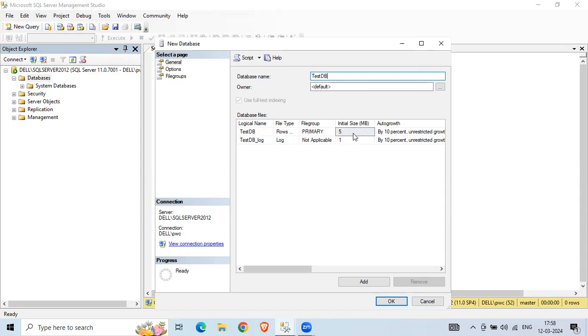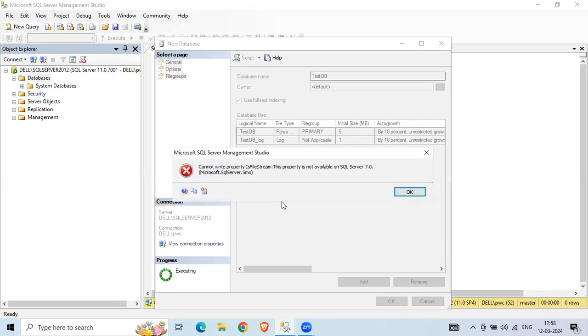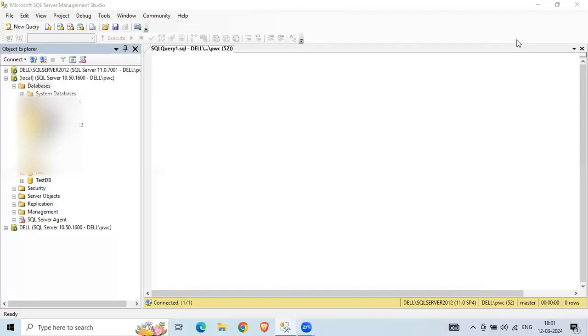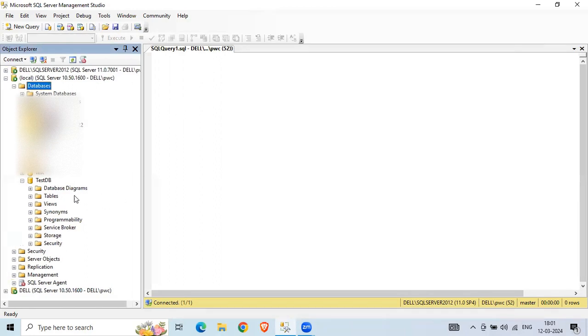And this is the size of increment. Initial size is 5, and auto growth is 10% for both the raw data and the log information. After giving this much information, you just click on the OK button. This will create a database. After giving that command, this test DB is created, and within this test DB, we can have different types